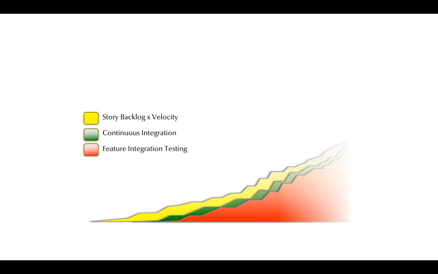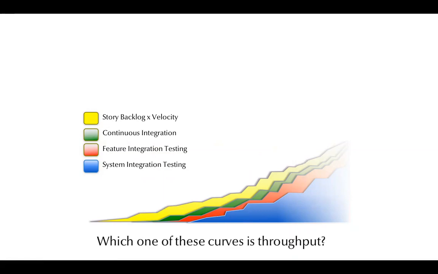So you would expect we're going to have to do some testing of a feature before we let it into everybody's homes. And then we've got system integration testing. And this sort of assemblage of curves gets called a cumulative flow diagram. This is kind of the limit of people's view of the way that Agile value streams work. At least it's the limit of the delivery view of things. But it doesn't say very much about business throughput. It doesn't say very much about the product view of the world. And that's a problem, because we have this.